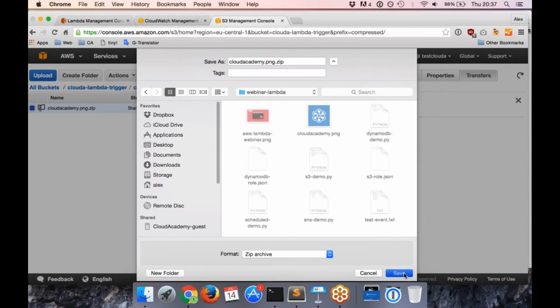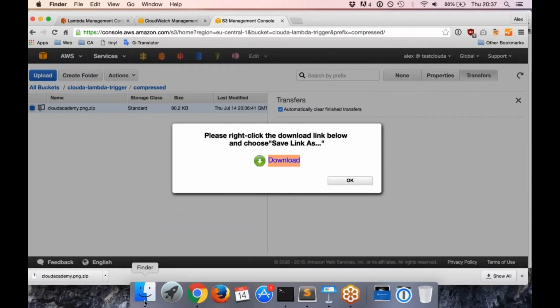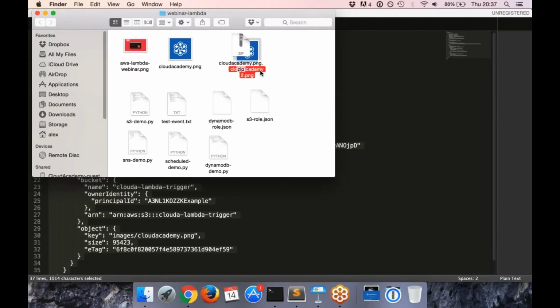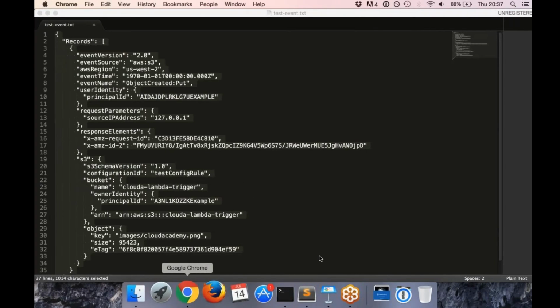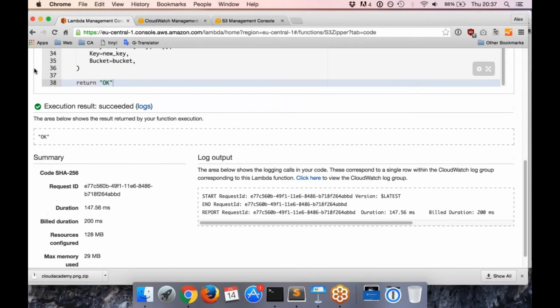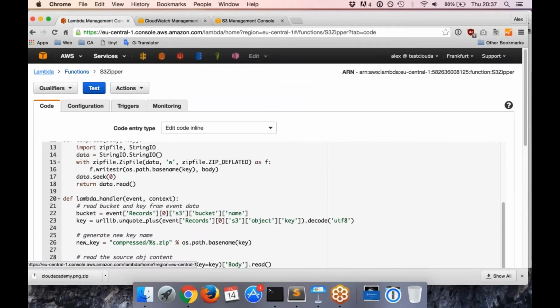Let's say here it's going to be a zip file. Let's open it. And inside we have the same image. Right, great. Okay, so this is the second demo, and we found out how to bind S3 events, and we